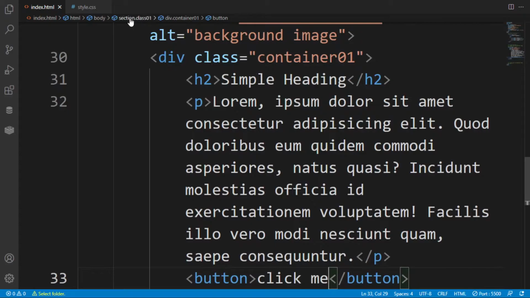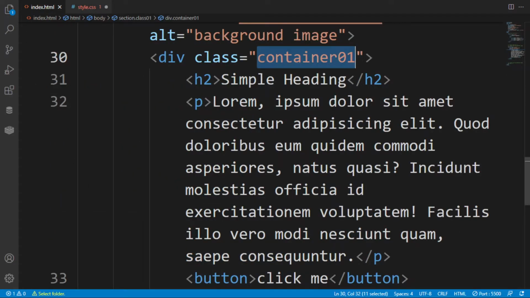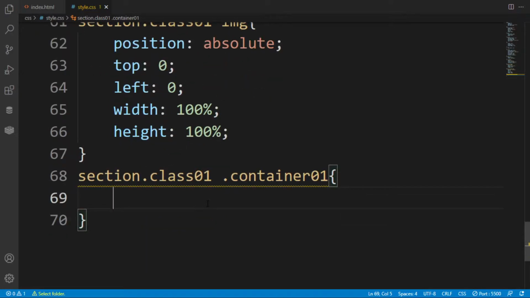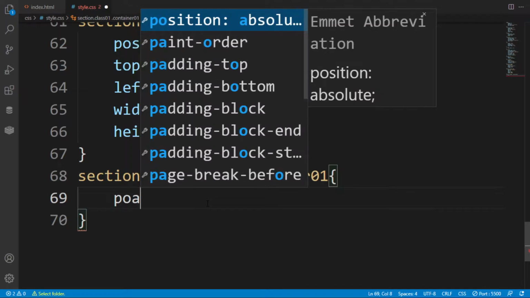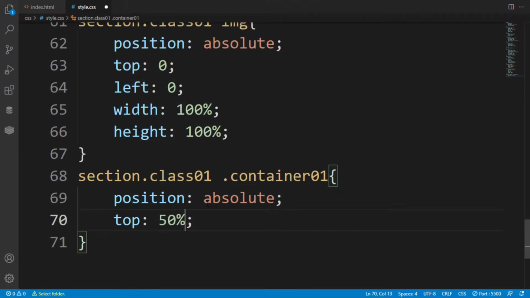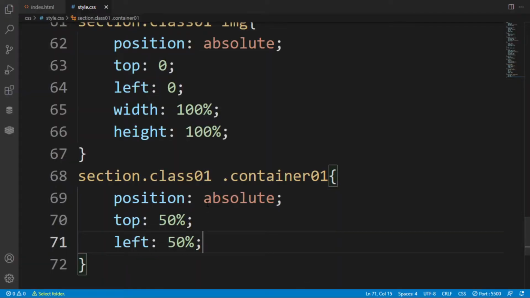So after saving it, it has not worked. Why has it not worked? So here in this dot section, I want to select the container, dot container one, and give the position absolute so that the content of our web page, the content of this image, will be at the center: top 50 percent and left 50 percent.